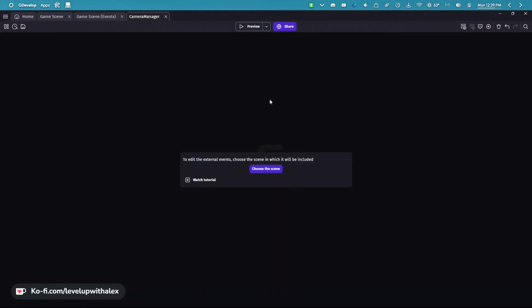It pops out, and it says to edit the external event, choose the scene in which it will be included. What this means is when you choose the scene, you're basically partnering. Think of it in coding: you have a global scope and you have a local, or closed group. Global means that you can access this information anywhere from any different part of the engine. Now, when we add an external event, it asks us